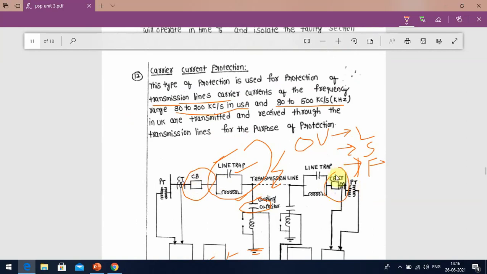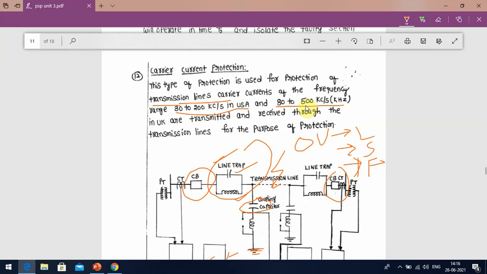Next, fast clearing prevents shock to systems. And the next one is that tripping due to synchronizing power surges does not occur, and during internal faults clearing is obtained. The next advantage is that for simultaneous faults, carrier current protection provides easy discrimination. So if simultaneous faults occur, carrier current protection provides easy discrimination, that is, it helps to clear them easily. So this is our carrier current protection.